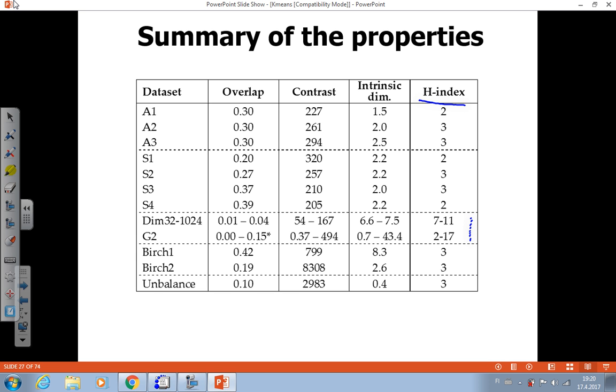clearly what we could say, except in certain G2 sets are so overlapping that the contrast becomes so small that that might indicate that they shouldn't be able to cluster it or something like that. And overlap, well, it's just a measure with the high dimensional data sets. It's really, at least the NIM sets, it's really small, and this is quite a strong indication that the clusters are very well separated.